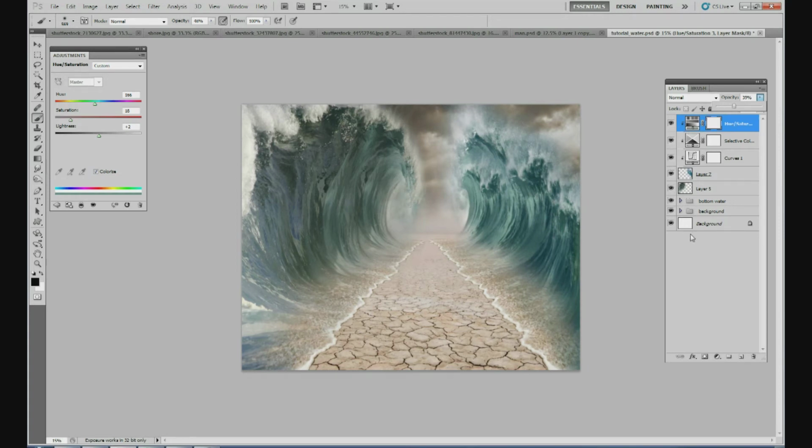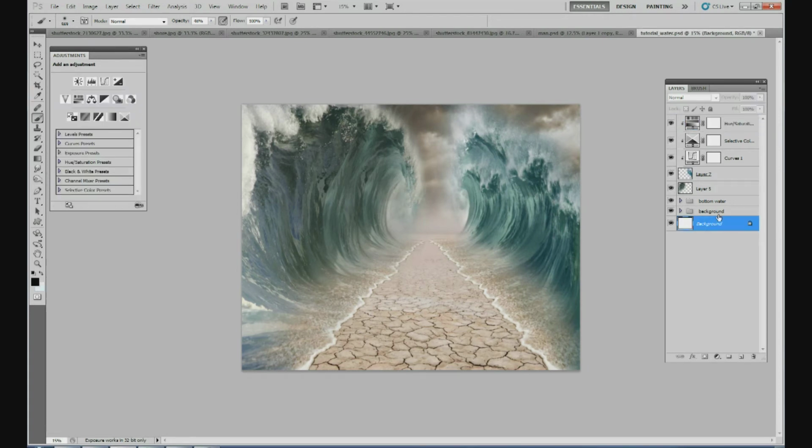Alright, so that's good. It's not a perfect match of color, but it's a lot better than what we started. So we've got our water going now. And we want to enhance these wave splatters up here. It looks like I just photoshopped it in and didn't do a good job of blending the waves in. So how we're going to do that